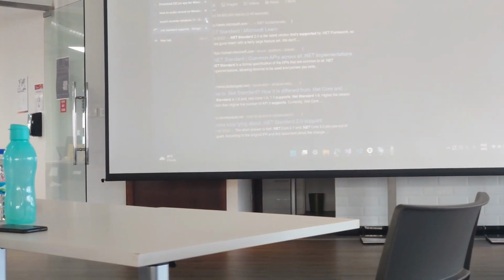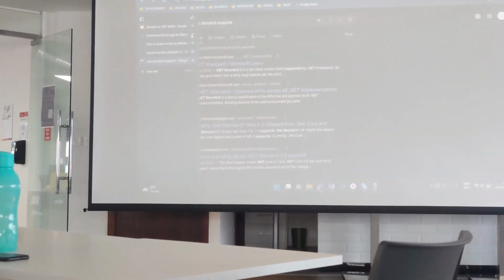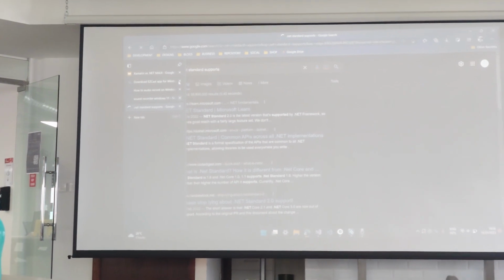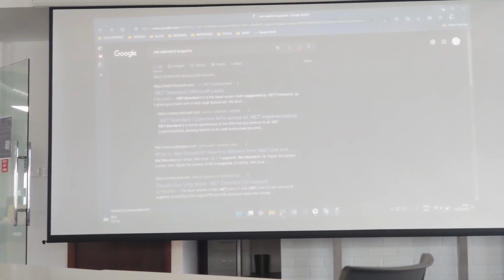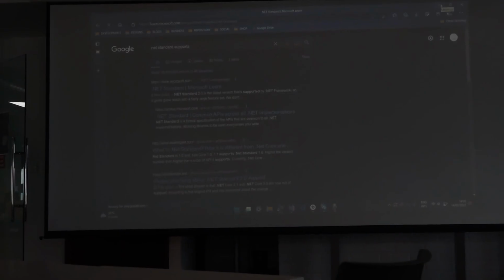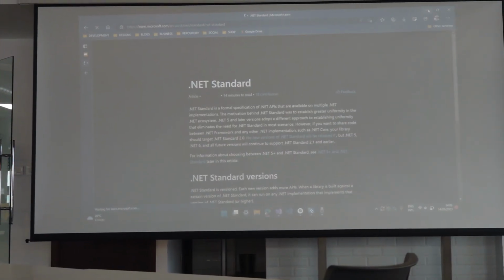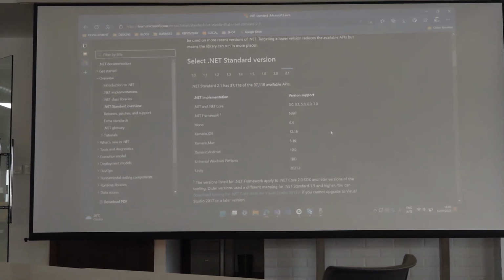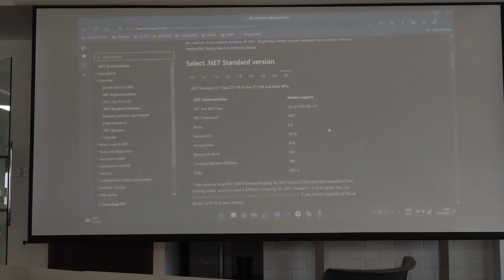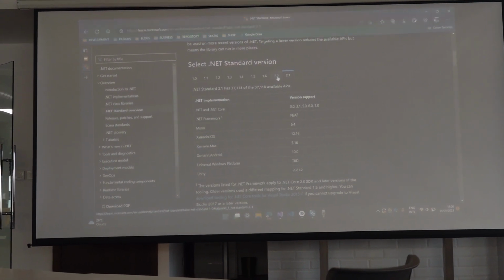Because this is completely .NET. .NET Framework is disconnected, but it allows you to have the different target platforms. So there you go. This is 2.1, and here it explains what it supports. And here you see the differences. If you look at 2.0, I believe, exactly, you get support for